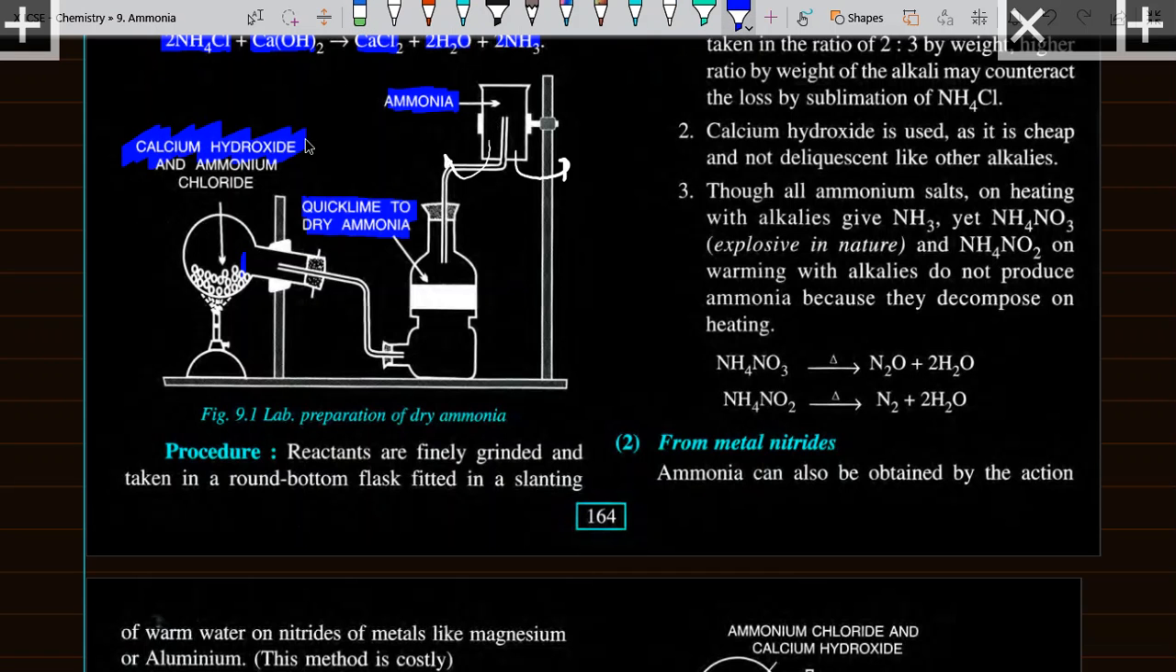Reactants means calcium hydroxide and ammonium chloride. They are finely ground and taken in a round bottom flask fitted in a slanting